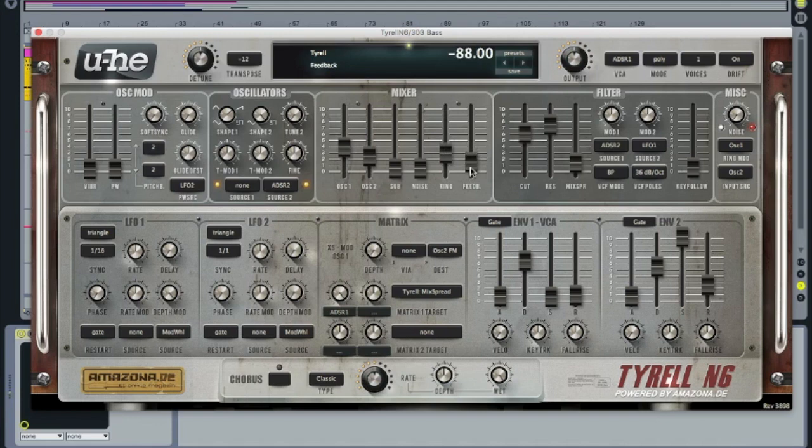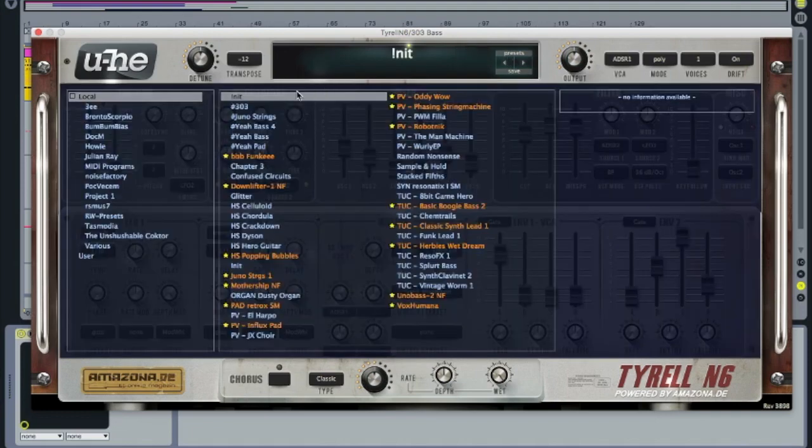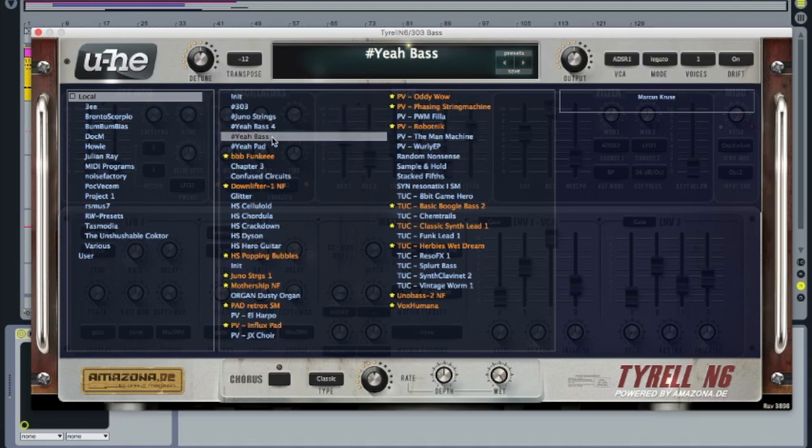Gotta be careful with the feedback. So here are some other patches that I've created using this idea. Too low. And of course,